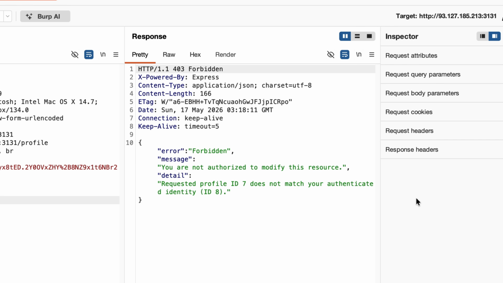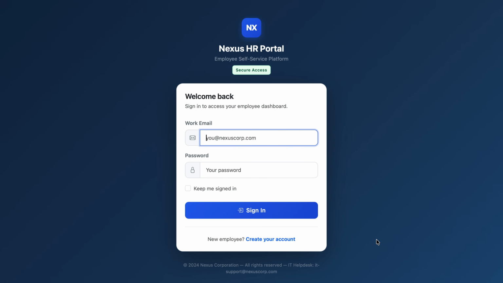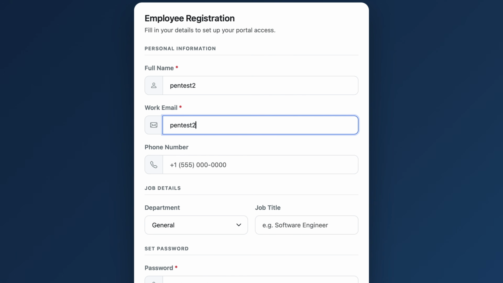But now let's try to see how we can go behind this mitigation to identify a particular IDOR. So let's try that. Because we want to validate this finding, let's create another account, and then we'll see whether there's an IDOR vulnerability or not. So very quickly, let's just do pentest2 at the rate be